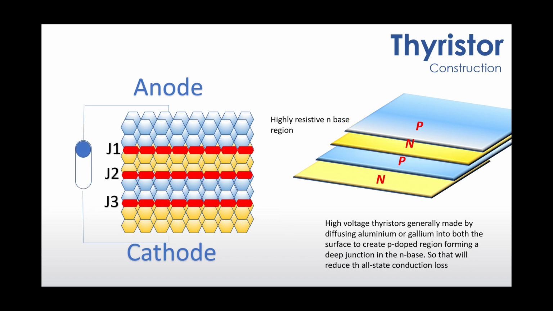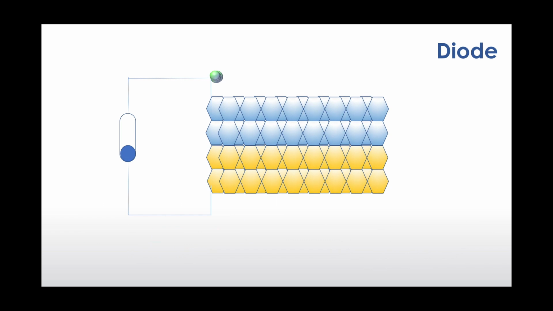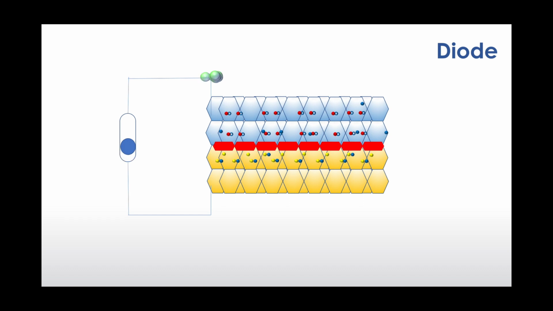I will just give you a small brief before we go to the thyristor, on this PN junction diode. As we discussed, silicon is not a great conductor, so we have to dope p-type and n-type material into it. This process is called doping. When we have p-type and n-type material, electrons, as a natural process, start moving toward the holes, and once it is finished, it forms a kind of barrier so that no more electrons can travel to the holes.